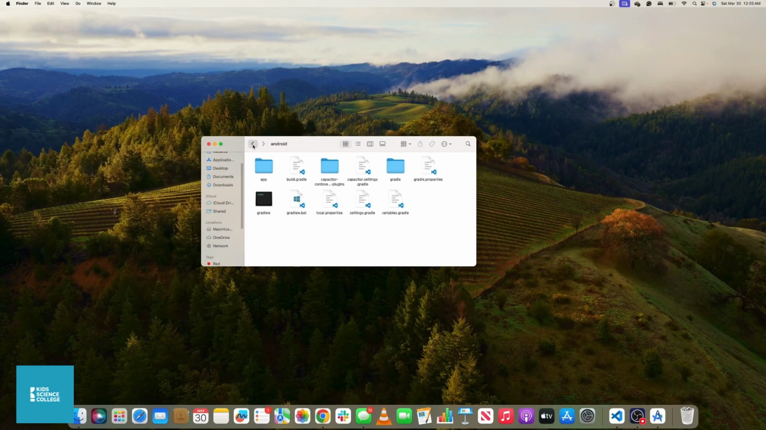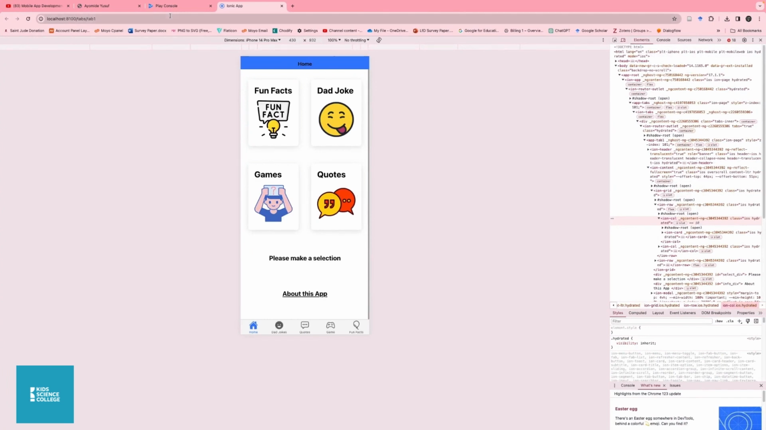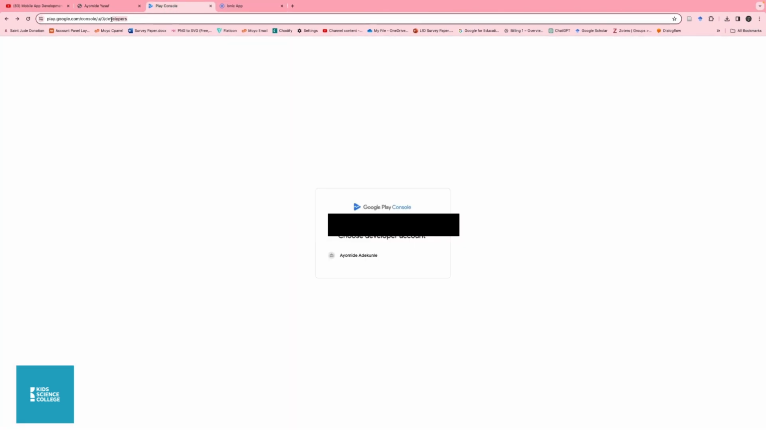So remember, it's gonna be inside my phone app, inside Android and app. Okay, and there's a folder called release. So this is what I'm gonna put on Google Play Store. Okay, so now we are done building everything. We now need to go to the Play Store to put our app, which is going to be this. Okay, so to do that, you have to go to